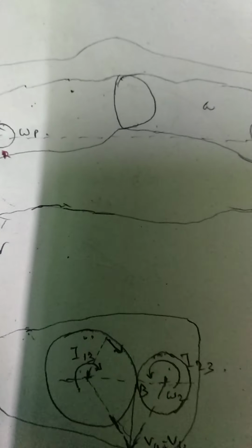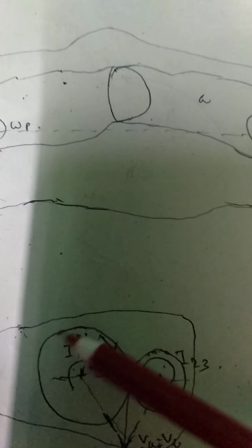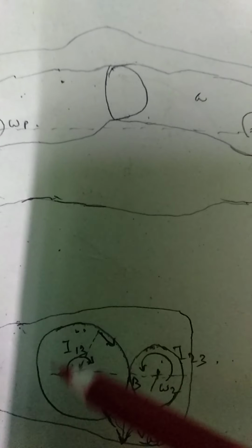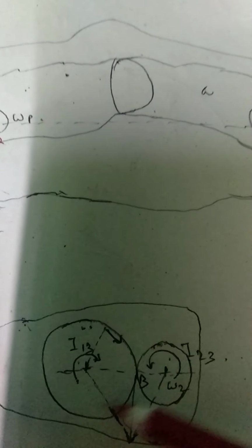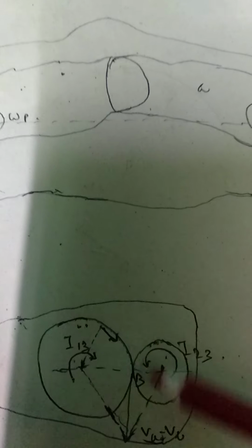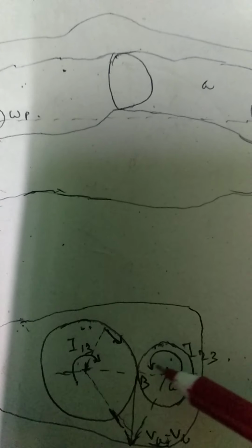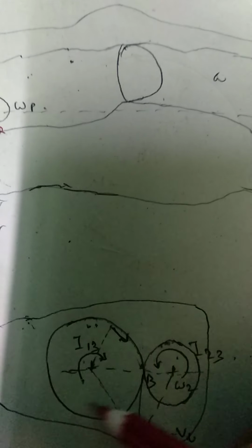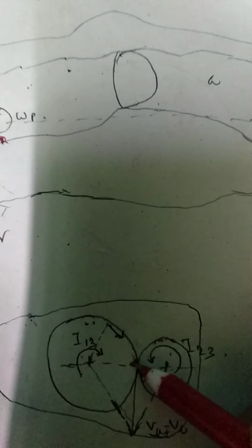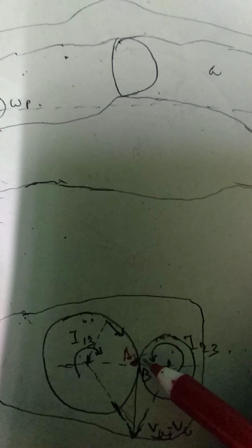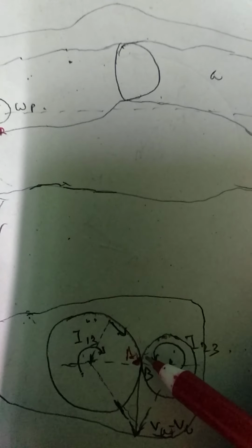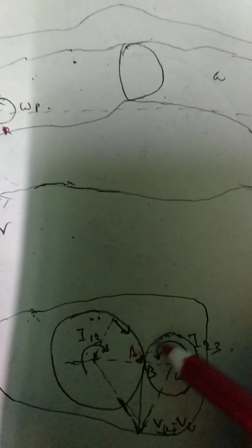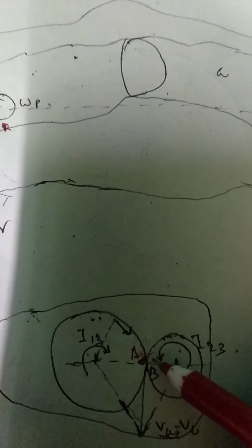So now here let us take a gear system. You see this gear system, one bigger gear and one smaller gear. Now here consider a point lying on this peak here. Suppose that is A, and we consider another point which coincides with this point A, but which lies on the smaller gear. Suppose that is B.